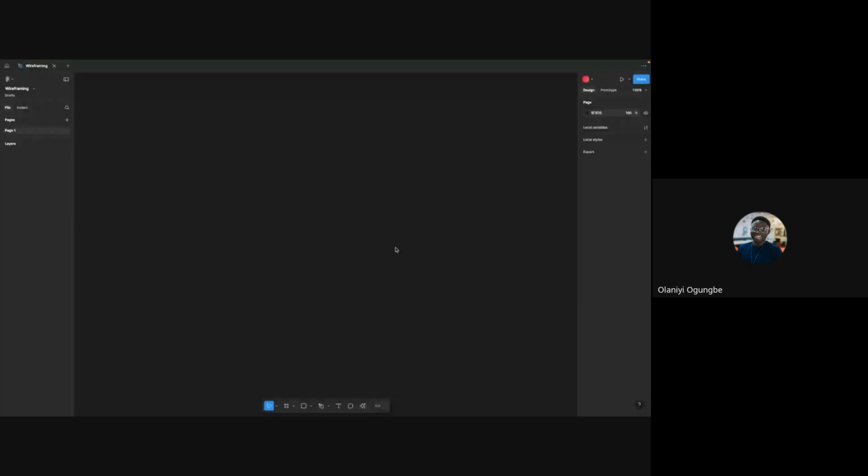So, I'm going to share my screen again. Okay. Can you all see my screen? I basically just opened a blank page on Figma, and I want to use this particular page for my wireframing.